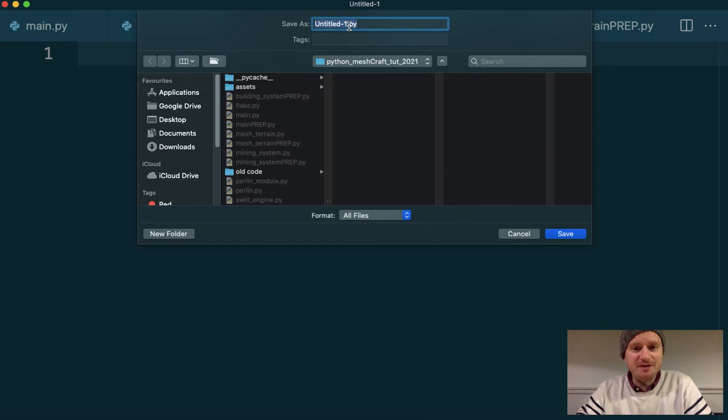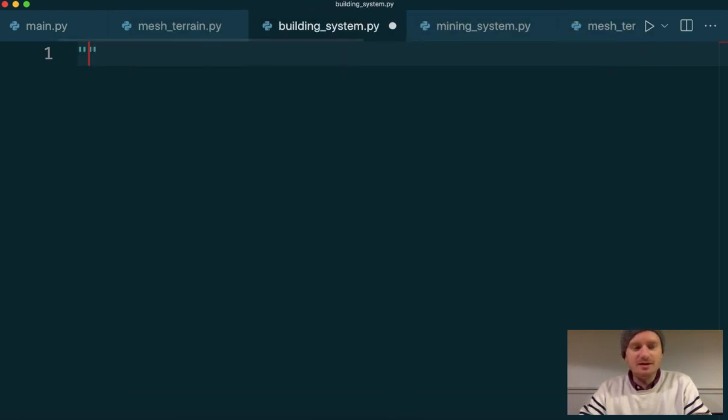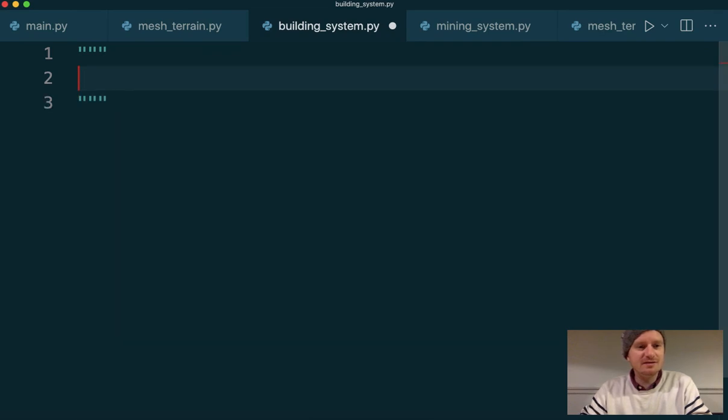I'm using Python, and I'm going to call this building system, because I called the mining system module. So building underscore system, save, and let's write a comment at the top so we know what this is. Our building system